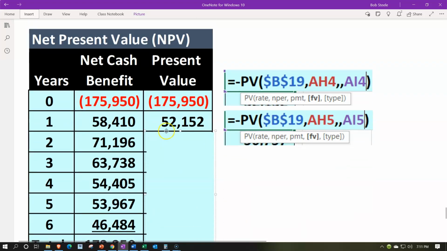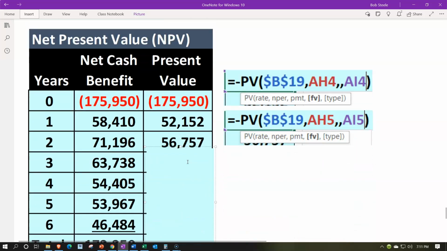Formula, negative present value of the rate, same cell, you can see, comma, number of periods, which is now 1 because it went down from 0 to 1 here. You could see the cell reference going from AH4 to AH5, comma, comma, and then we got the future value, which is now the 58,410 represented with a cell also moving down. You could see from AI4 to AI5. Continuing this process down, the